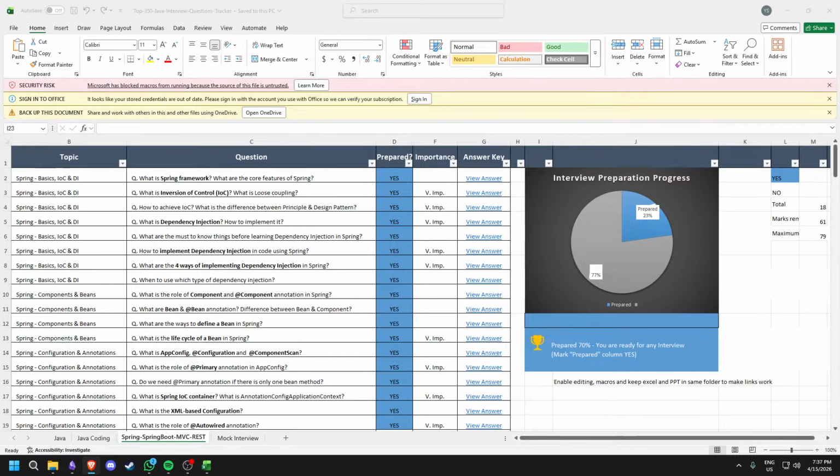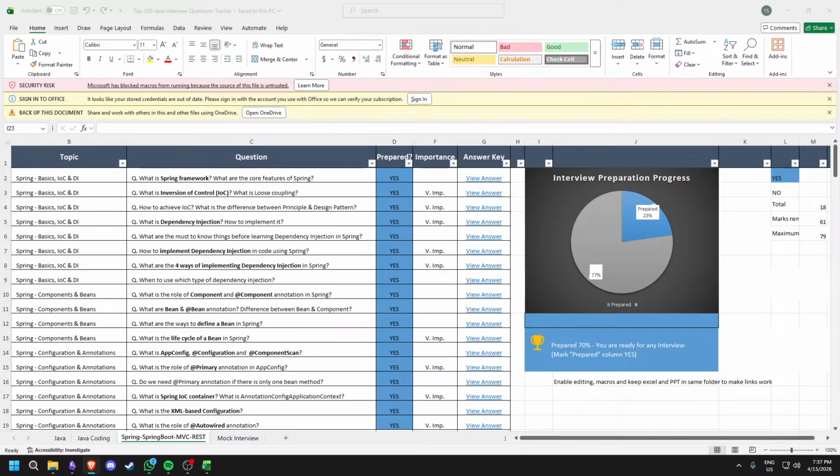अगर आपने सुना हो ये वर्ड IOC, इन्वर्जन ऑफ कंट्रोल, ये टर्म है स्प्रिंग में, स्प्रिंग बूट में। इसका मतलब ये है कि जो बंदा है ये खुद क्रिएट नहीं करेगा ऑब्जेक्ट को, जैसे हम करते थे कार C इक्वल टू न्यू कार करके। अब ये बंदा IOC कंटेनर के पास जाएगा, कहने का मतलब है स्प्रिंग के पास जाएगा और स्प्रिंग हमें ऑब्जेक्ट लाकर दे देगा, या फिर IOC कंटेनर हमें ऑब्जेक्ट लाकर दे देगा। ठीक है, फिर से बोल रहा हूं मैं कि अब हम खुद ऑब्जेक्ट नहीं क्रिएट करेंगे, अब स्प्रिंग से बोलेंगे।